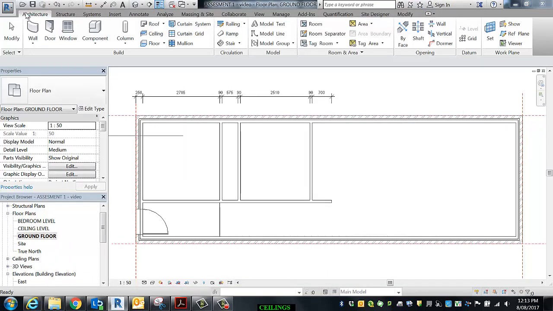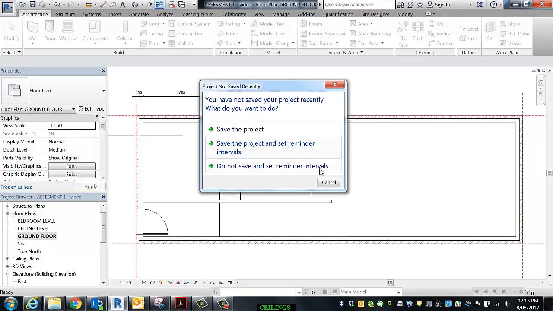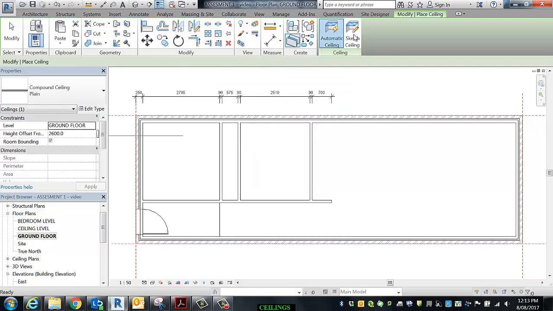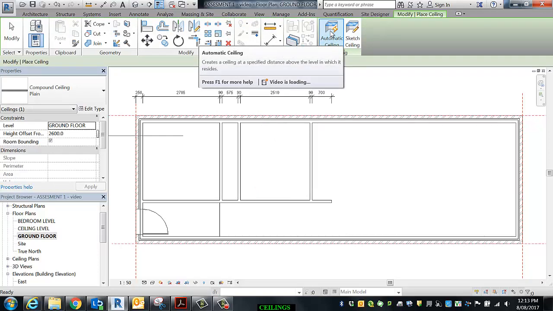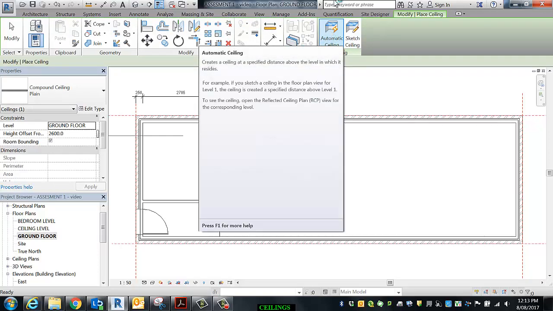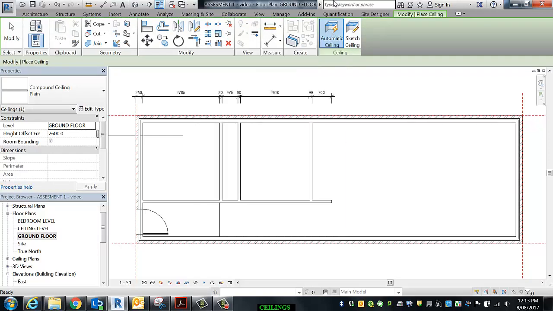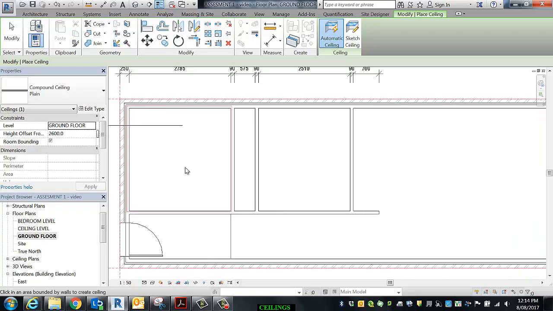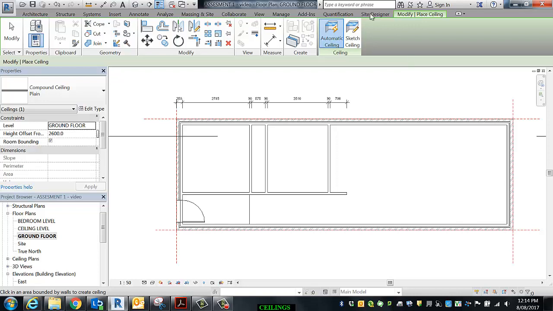So I'm starting in my architecture tab. I'm in floor plans, ground floor, and I'm off to ceiling. Now what I do is, automatic ceiling works when there's a boundary defined. So what I mean is that if there's 4 walls around it, can you see that this is actually going red as I hover inside it? Okay, so that's an automatic ceiling. Today I'm going to keep it really simple. I'm making this 3 meters,